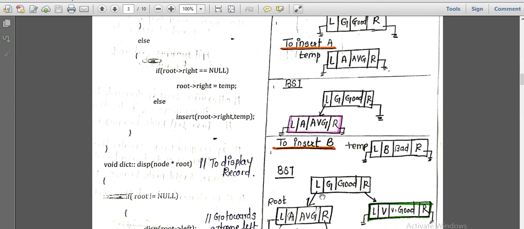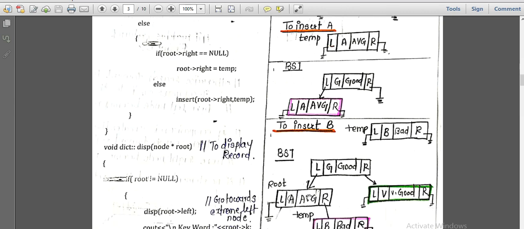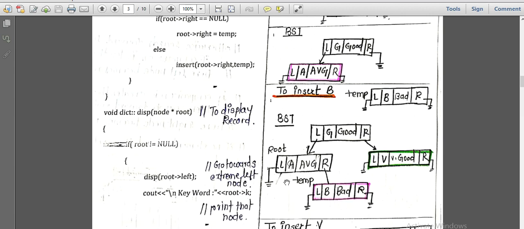But before that we have to check whether any left child is available. If we check on the left side, we can see that yes, a left child is already available, and that is nothing but A. So now A becomes the root, and we call the insert function on this newly inserted node and this root node A, and we compare. Whether B is greater than A or less than A. As B is greater than A, it should be on the right side. So you can see that the right link is connected to that newly created node B.